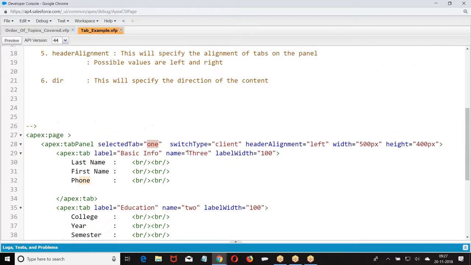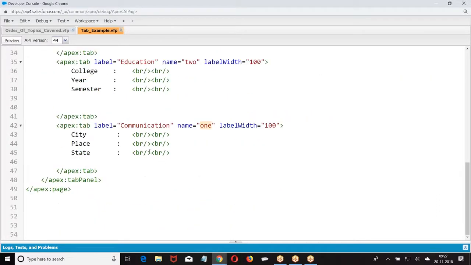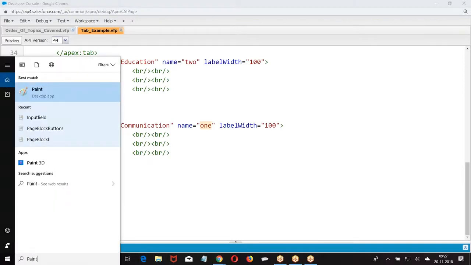Label, label width, name, rendered, re-rendered. Rendered, re-rendered. I hope you are good with this. Okay. So let us do one example here. Let us do an example.